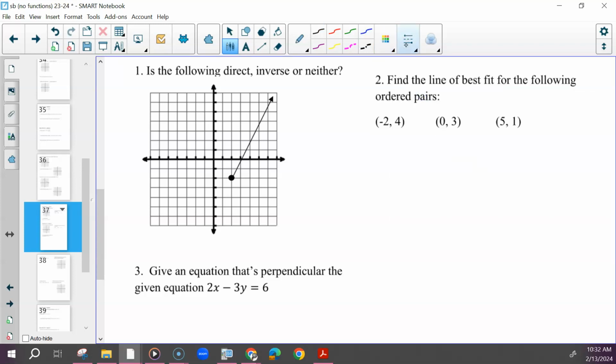So for number 1, even though this doesn't have a y-intercept, it doesn't keep going, I can see very clearly that this is not going to go through the origin, so it's not going to be direct. It isn't making the curve, so it's not inverse, so it will be neither. For number 2,